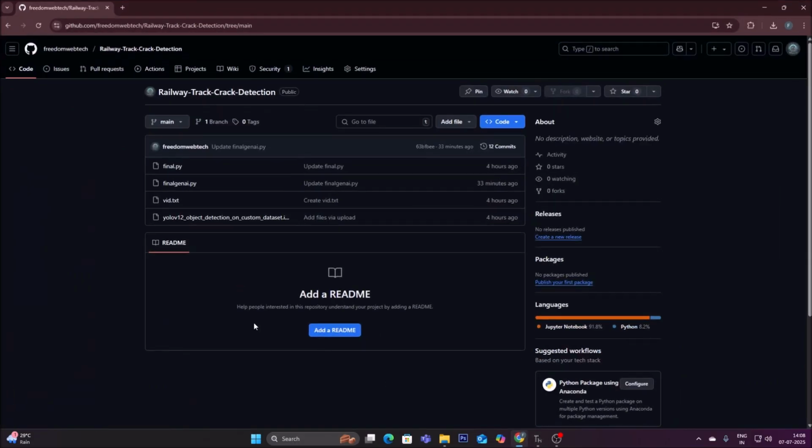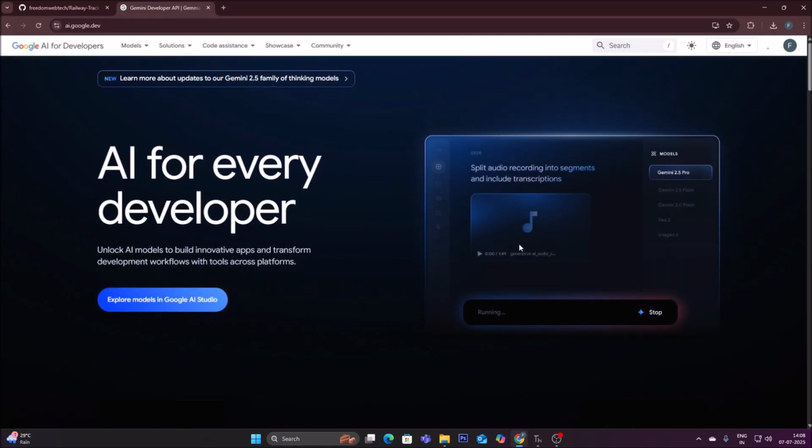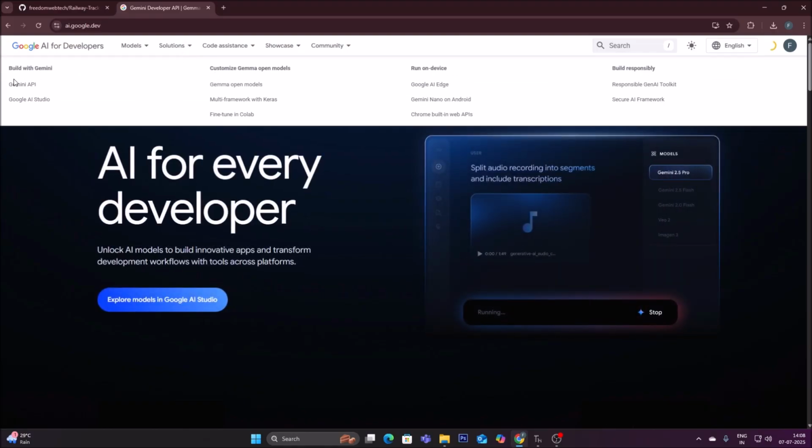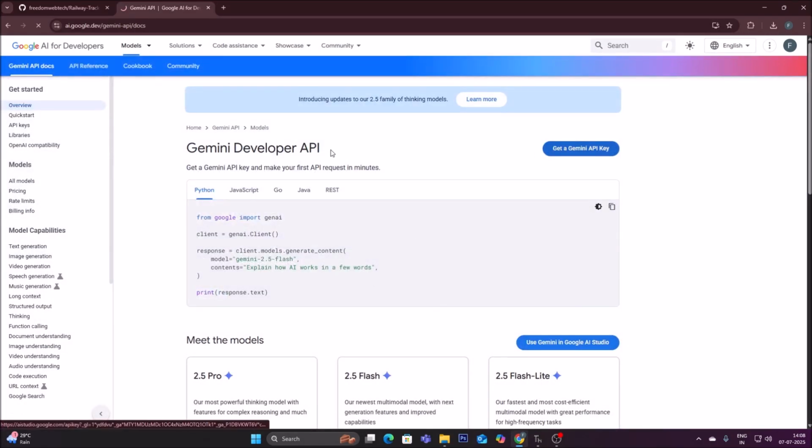So let me open the Google Gemini API key page. So I have opened the Google Gemini API, Gemini Developer API. Just click on it. It will open this kind of page. Go to the solutions, Gemini API, get Gemini API key,